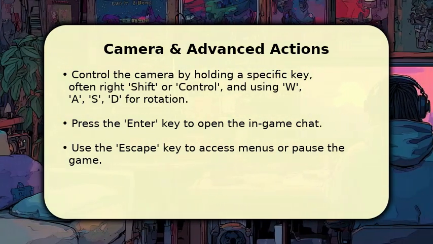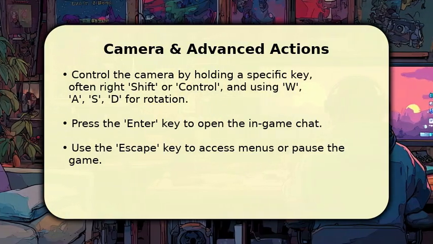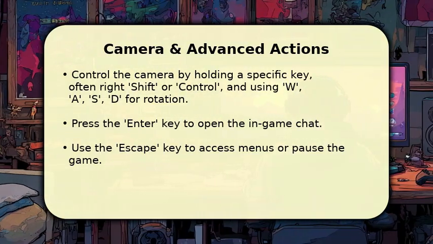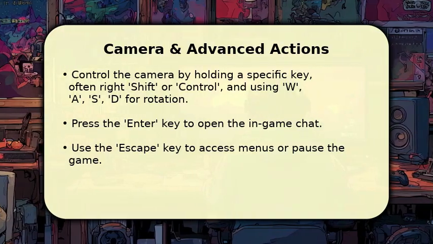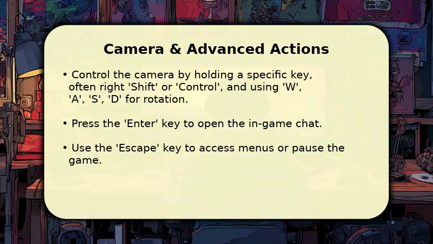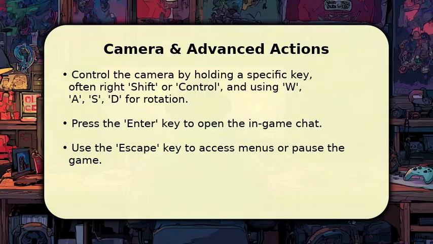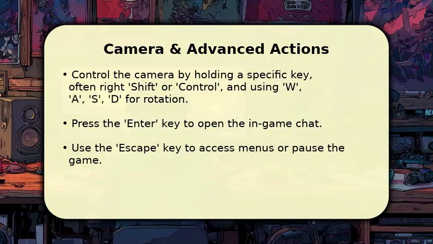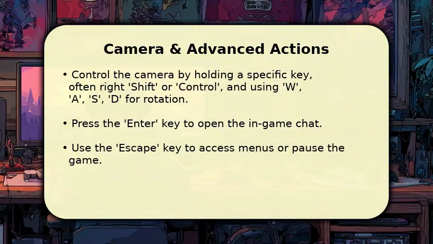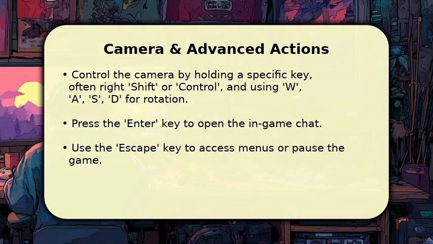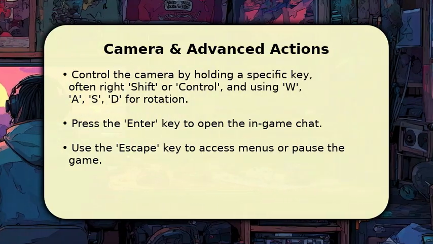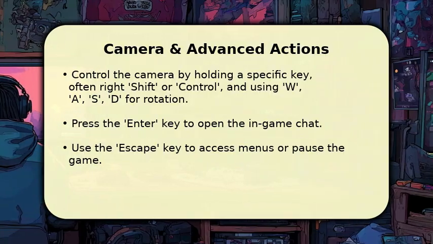Many games allow you to adjust your view by holding down a specific key, often the right shift or control key, and then using the W, A, S, D keys for camera rotation. To open the in-game chat, press the Enter key, and to access menus or pause the game, the Escape key is commonly used. Number keys from 1 to 9 are typically assigned to inventory slots or quick actions, offering rapid